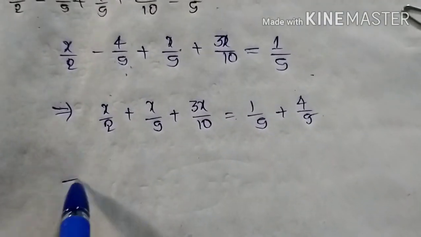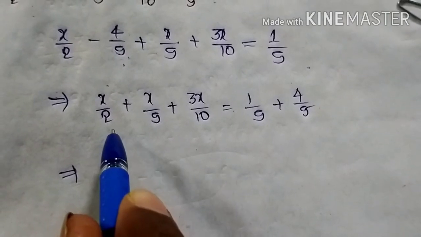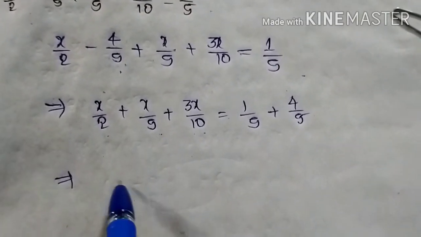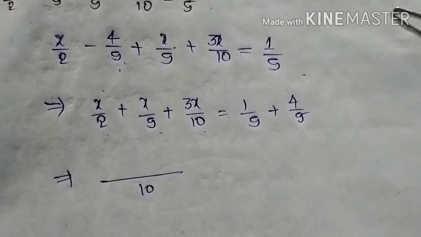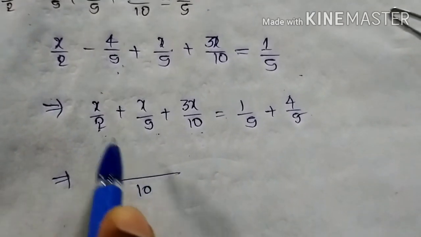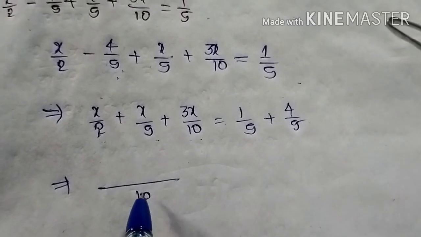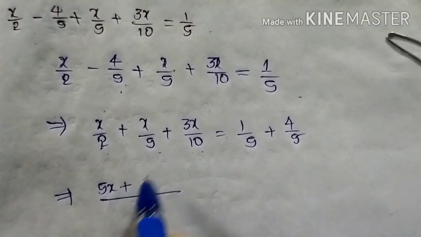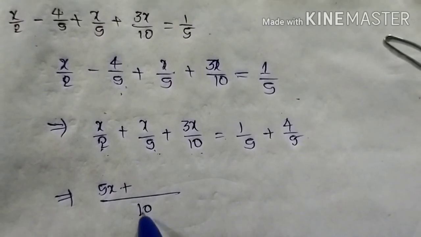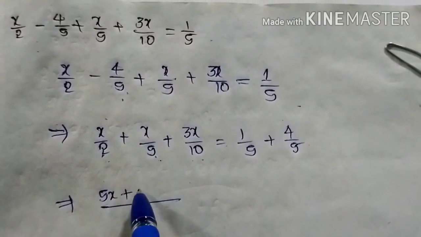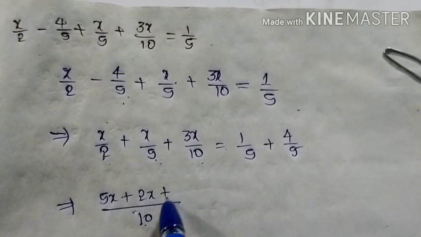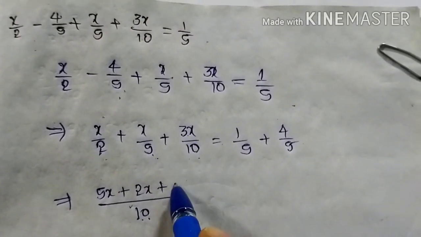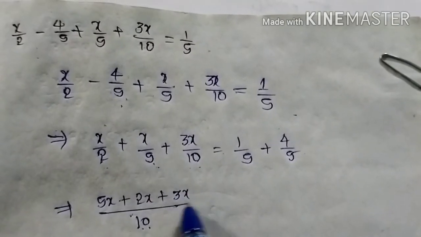Now you can simplify. See, you can find the LCM of 2, 5, 10. LCM of 2, 5, 10 will become 10 or not? Yes, you can write here 10 as your LCM. You can see 2, 5 ja how much? 10 only. That means you can write here 5 into x, 5x. Plus here 5, 2 ja how much? 10. That means you can write here 2 into x, 2x. Plus 10 1 ja 10. That means you can write here 1 into 3, 3 only, 3x. Is equal.